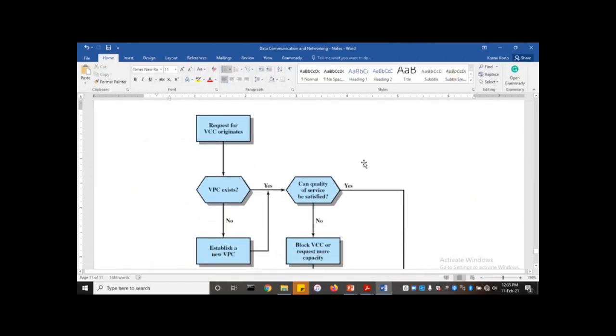So usually when information comes through, there's a request by the VCC to request for a VPC. So a request originates from a VCC requesting a path, or a lane, to transmit information. Now, if a path exists,